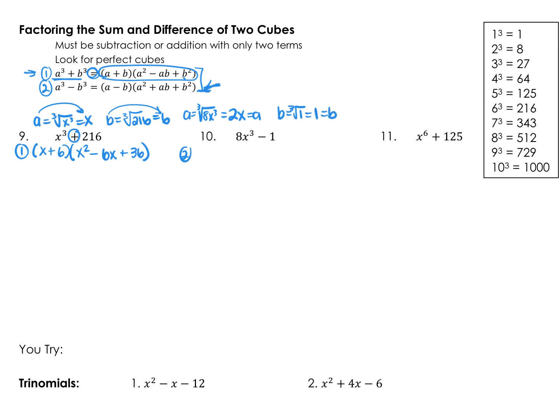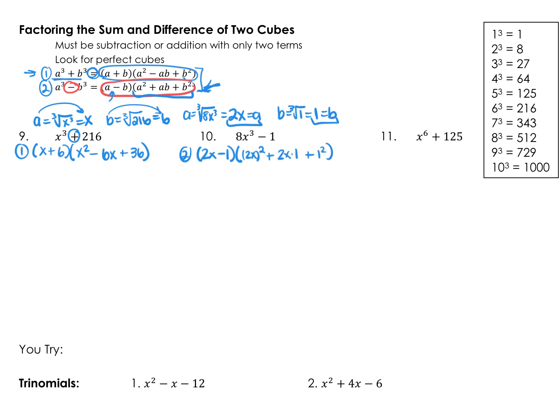So now we're going to plug it into this equation this time because of the difference. This is subtraction. So this says A minus B in parentheses to start. A is 2x, B is 1, so 2x minus 1, and then we'll do the second parentheses here, A squared, so 2x squared, we have to square both of those, plus A times B, so 2x times 1, plus B squared,